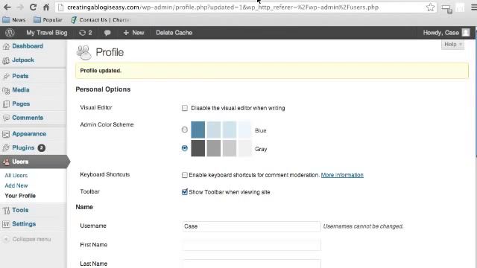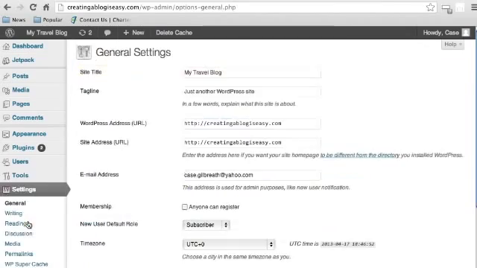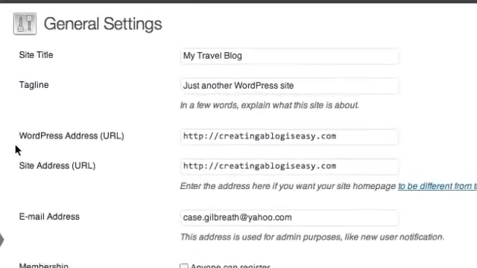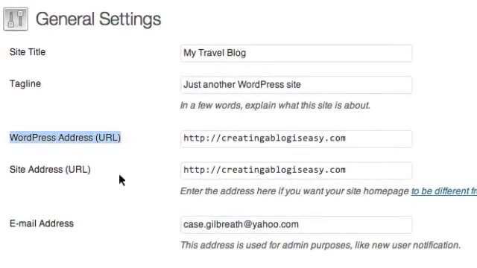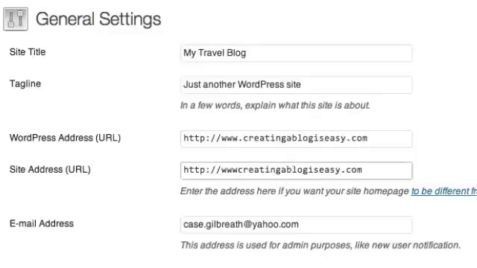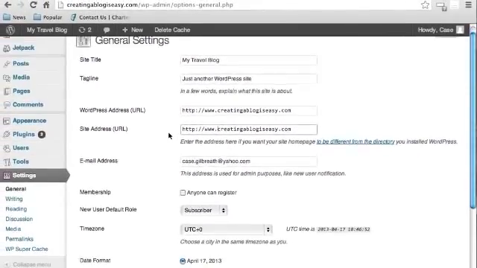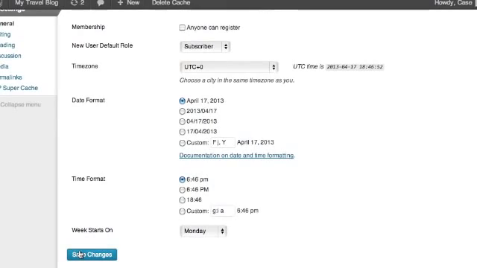So if we go back into settings here in our left menu in our dashboard, we'll see WordPress address URL and site address URL right here. So let's just click right here and type www dot and go down to the next field and type the same, www dot. Once we've done that, we come down, click Save Changes,